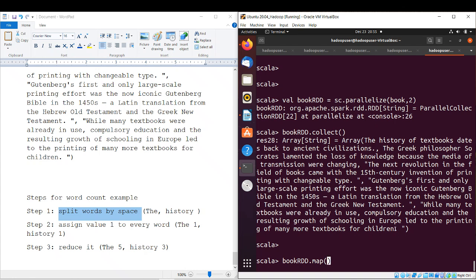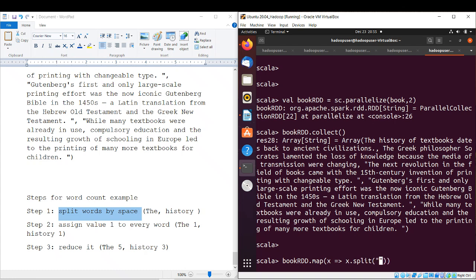Line by line, a string by string, right? So it will take the first string and do it, and second string and do it, and third string and do it. So book dot map x will become x dot split,